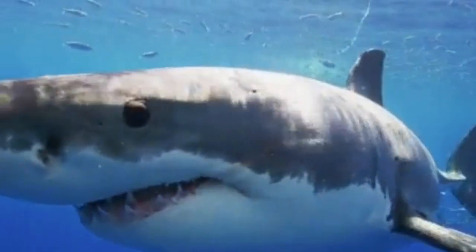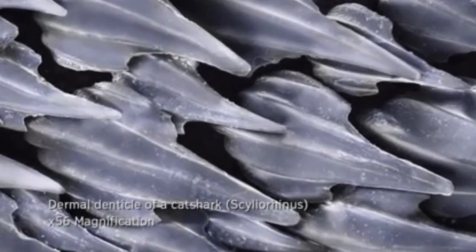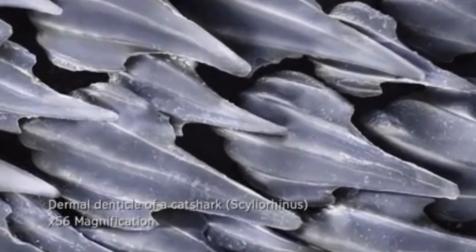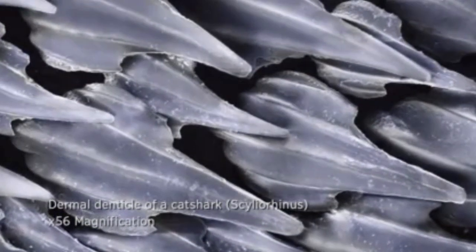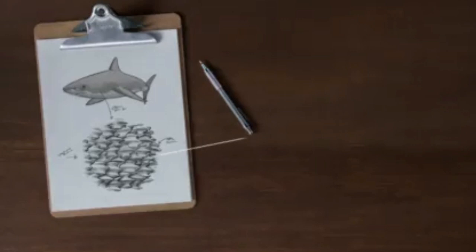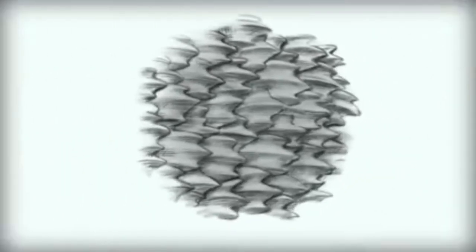How? Shark skin is covered in complex scales called dermal denticles. Though they look like tiny fish scales, they are built more like mammal teeth, with a smooth enamel surface. This very smooth surface, together with a complex structure of tiny ridges, makes it very hard for microscopic organisms to grab on to the shark's skin.